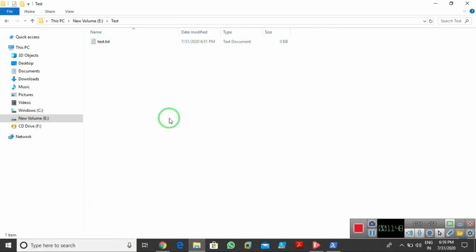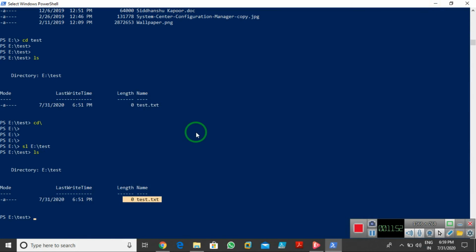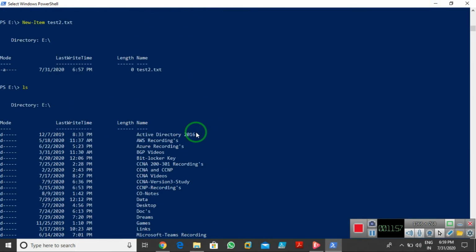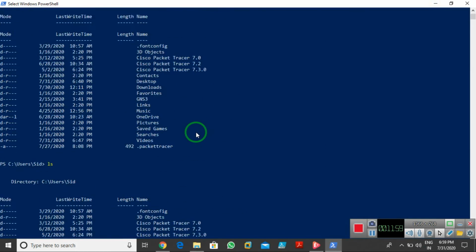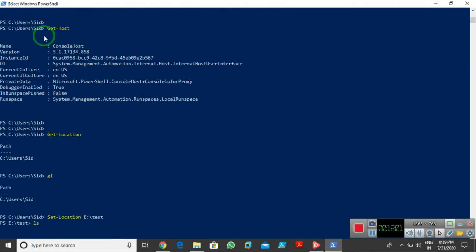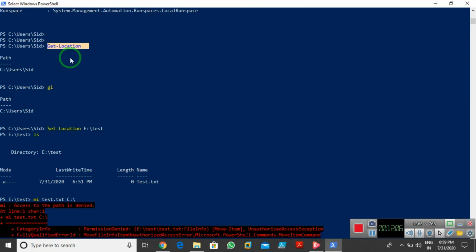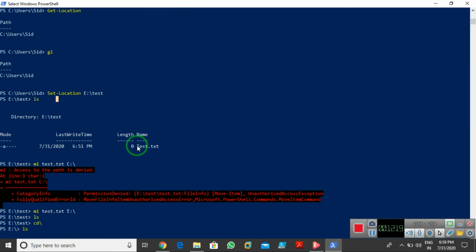This is the very basic set of commands we are using with PowerShell. The commands are already showing what we have. We have a select-location command, a get-host command, and a get-location command. Get-location is to check the present location where we are working right now. GL is also a short form. Then we have set-location to move the location. If I need to go to some other location, I need to set location, and then we can check with get-location.